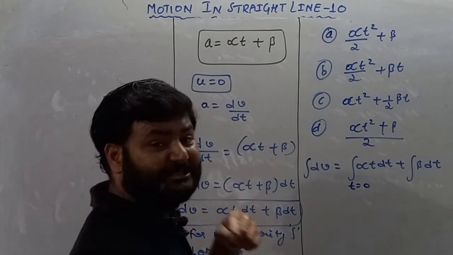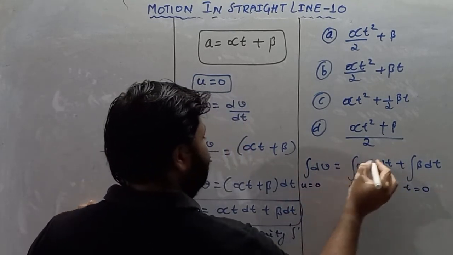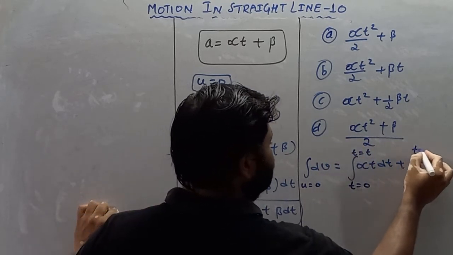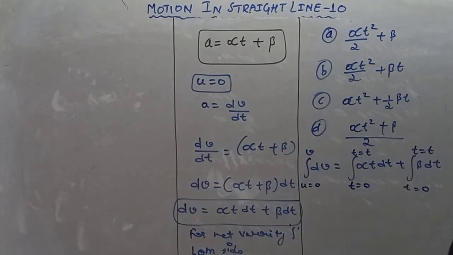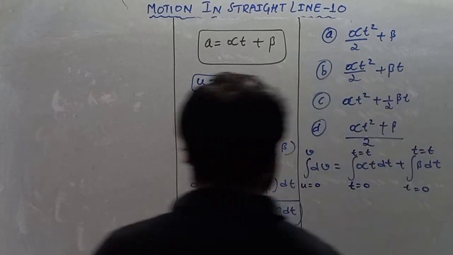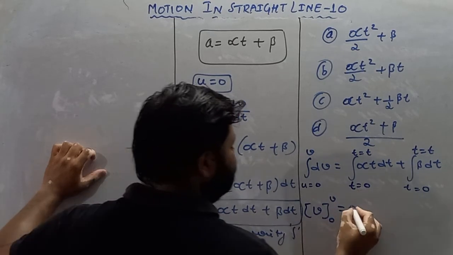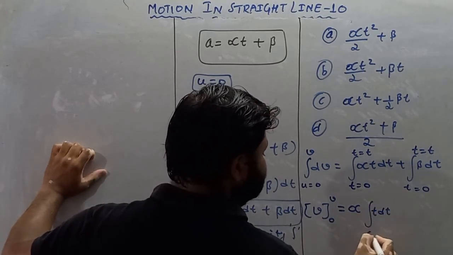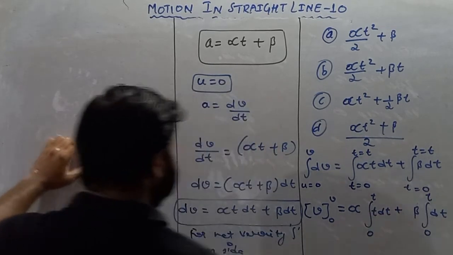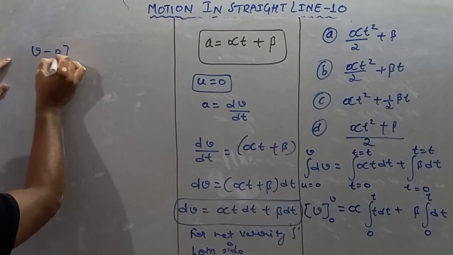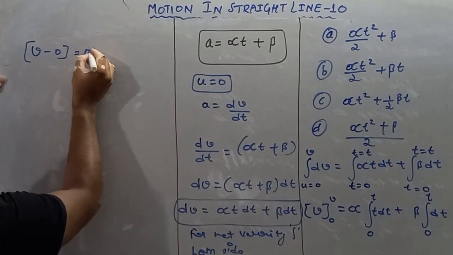So they are saying initially from rest, it means at t is equal to 0, velocity must be 0, and at some time t, you have to find the velocity v. So try to solve this, my dear student. It's very easy to solve. Integration of dv is nothing but v, limit is 0 to v. Alpha is constant, comes outside, inside integration it is t dt from 0 to t, plus beta again is constant, integration dt from 0 to t, upper limit minus lower limit. So instead of v, first we'll put v, then we'll put 0, is equal to alpha t dt.